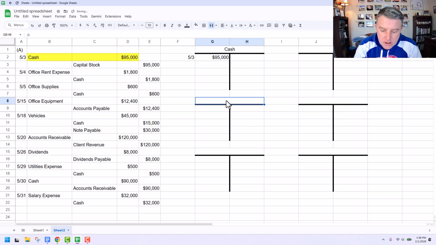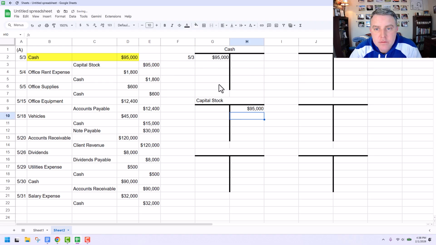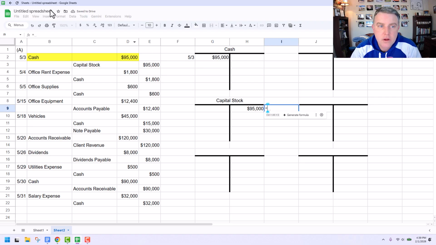Capital stock. I'm gonna set up a new T account. Capital stock is also $95,000. And I'm going to use the formulas within the spreadsheet to make sure I keep these things organized. This is May 3rd as well. I'm just going to mark this, right? And I'm going to just put this to the left. All right, so we have the May 3rd amount there. This is done,